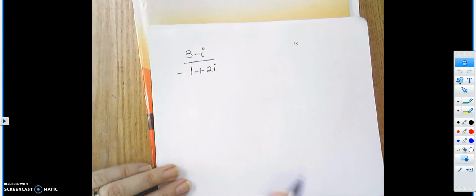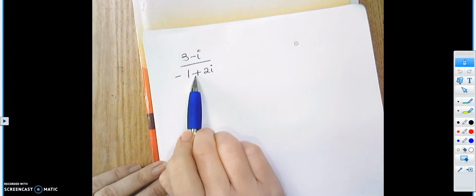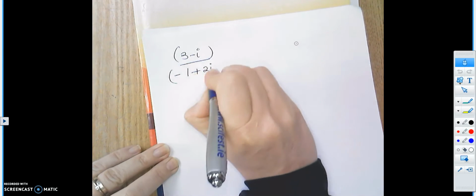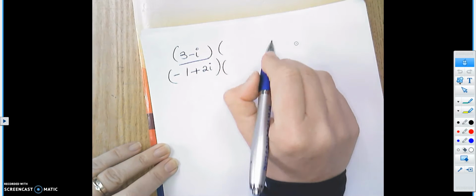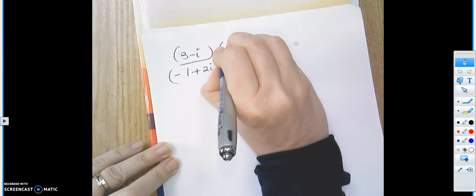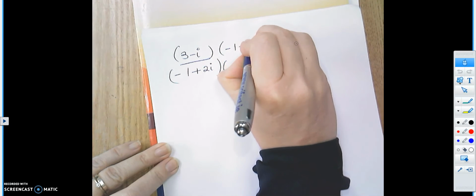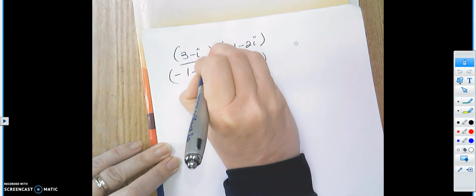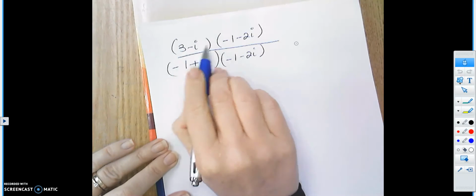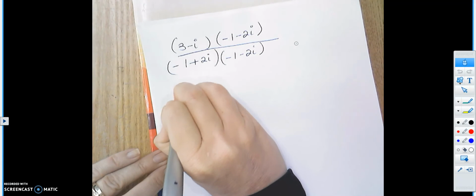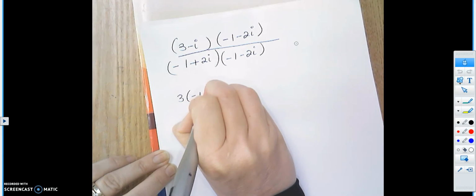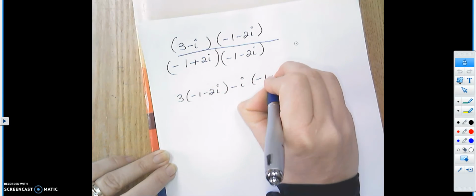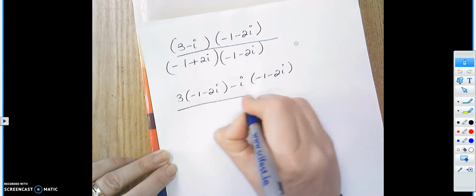So if we look at this one, again, complex number over complex number. Your method, put them in brackets, multiply top and bottom by the conjugate of the bottom. So we're going -1 minus 2i at the top, -1 minus 2i at the bottom. Pair of brackets, split the bracket. So 3 times -1 minus 2i minus i times -1 minus 2i over